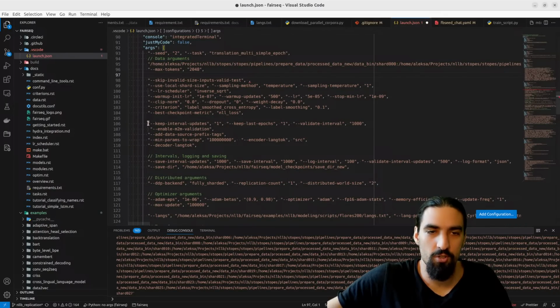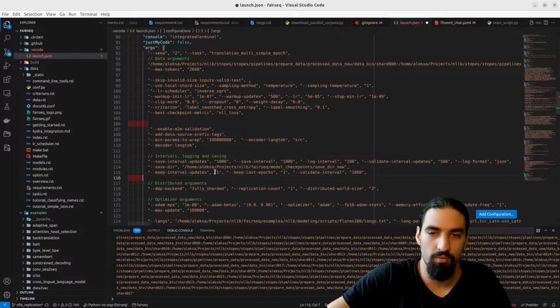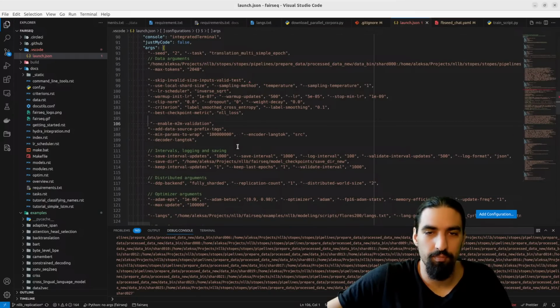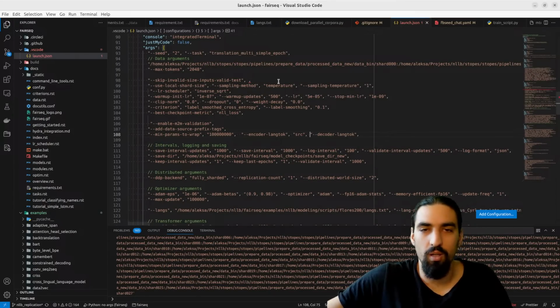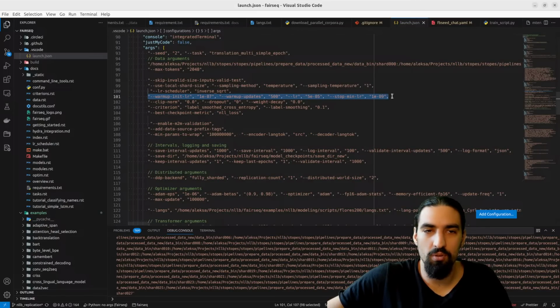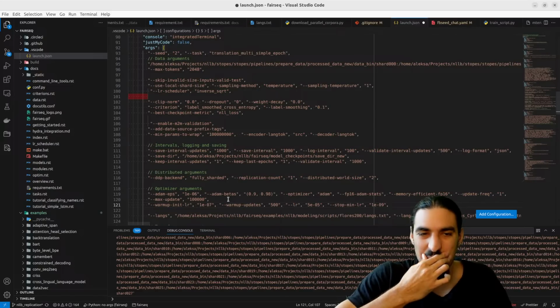Okay, keep interval, keep last, epoch, intervals, all of these should be here. Warm-up steps, warm-up learning rate, stop learning rate, all of this should be under the optimizer.